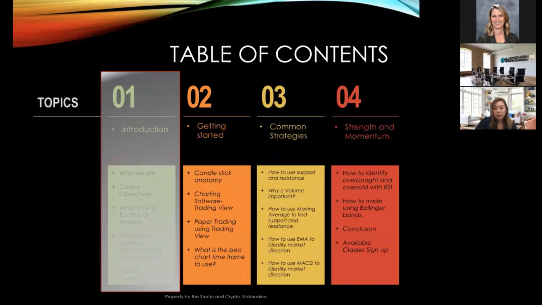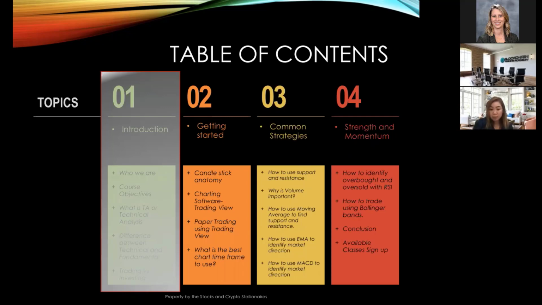Okay, so now we just finished the first part of the topic and we're going to move on to the next part. But before that, I just wanted to make sure if you guys have any questions or comments. No? Okay. So, on the next topic, I want to talk about the candlestick and TradingView,